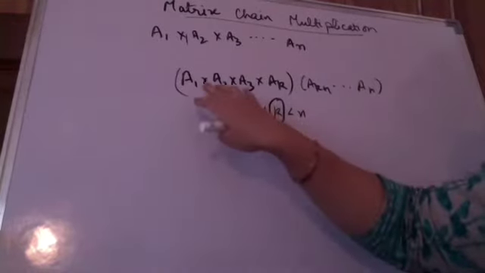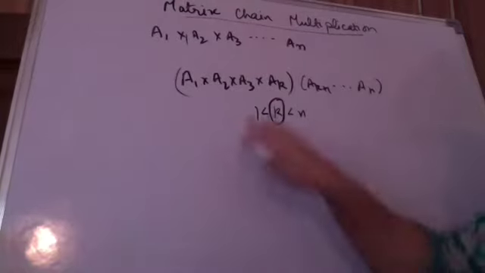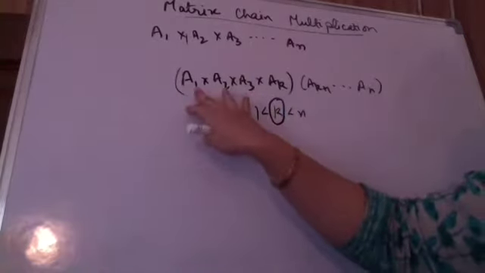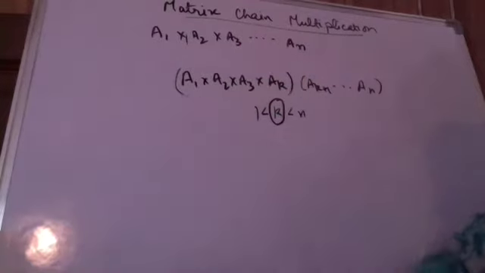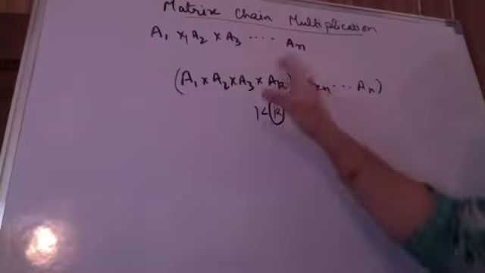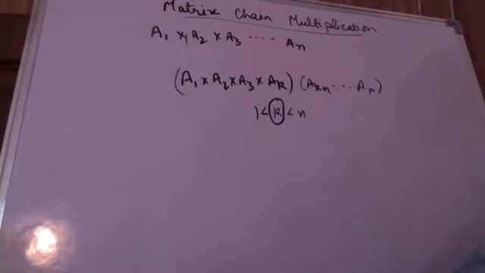Now this seems as A1 into A2 into AK, but technically when we will be multiplying, we have to multiply 2 matrices first. We compute the result and only then we can multiply the result with the third matrix. Again, I can multiply A2 into A3, then multiply with A1, or I can multiply A1 into A2 and then multiply with A3. That is allowed. But at a time I'll be multiplying 2 and then I'll be remultiplying the resultant with the third, fourth and so on matrices. So I am dividing my problem. This will further be divided and so on.